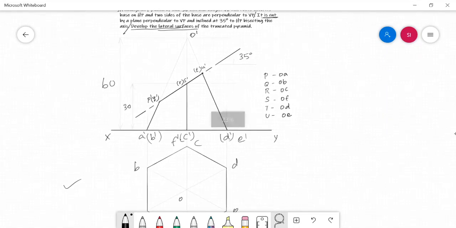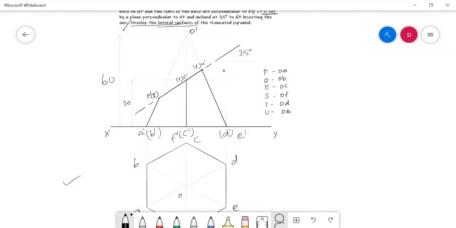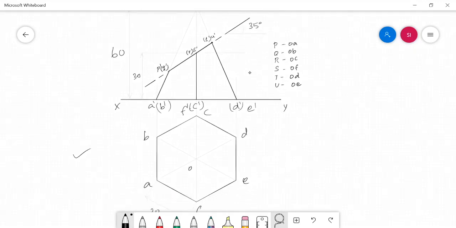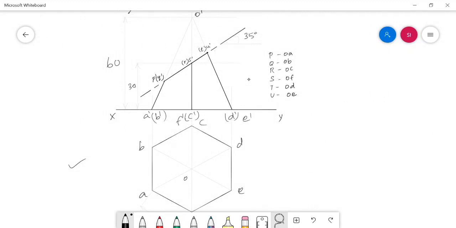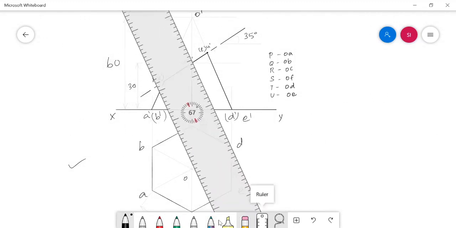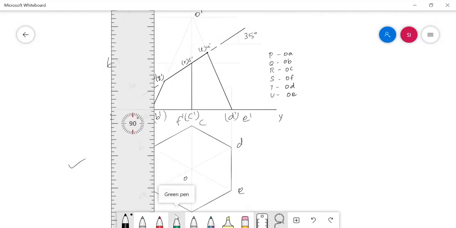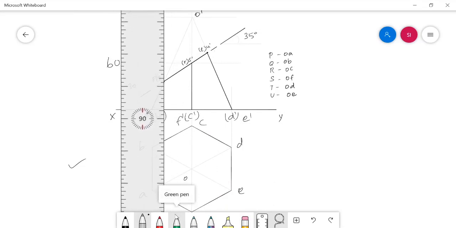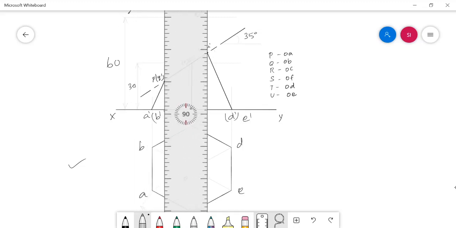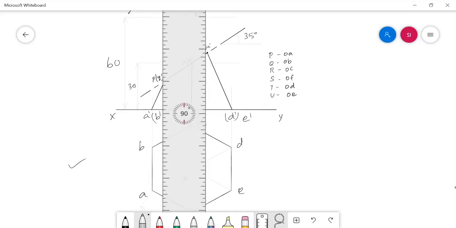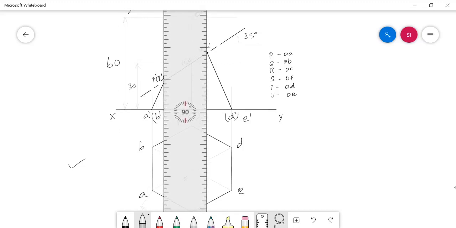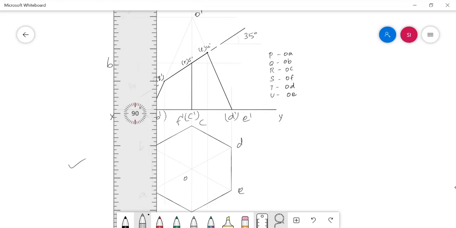Now we just completed the front view, and then we have to project each and every cut point towards the top view. If I try to mark the cut points R and S from front view to top view, it's not possible by simply projecting them,